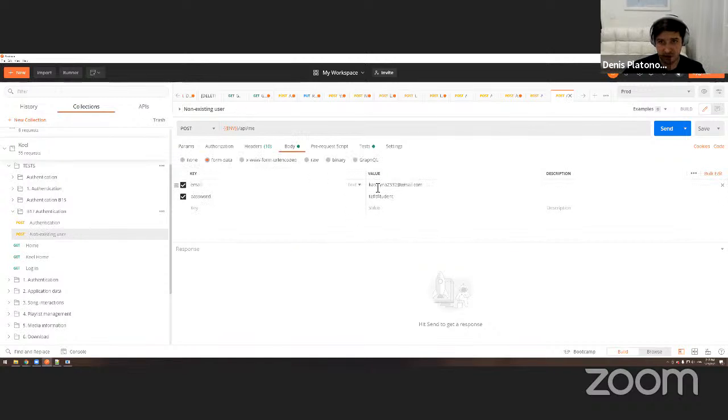Of course. So this is the existing user. We know that. So let's just do non-existing. I know this for sure doesn't exist, right? I mean, if you think it may exist, you can just add some gibberish stuff in the end. So this user for sure doesn't exist. So, from the test data perspective, this is the only thing that needs to be changed.